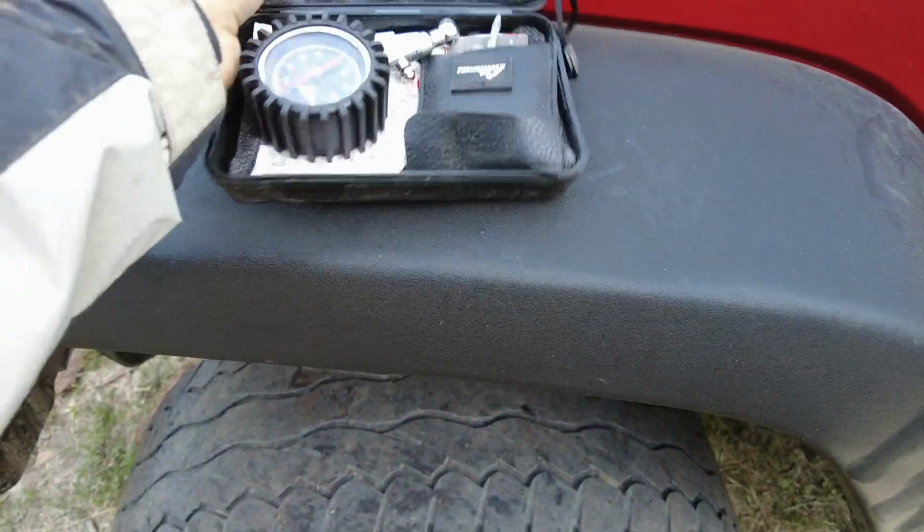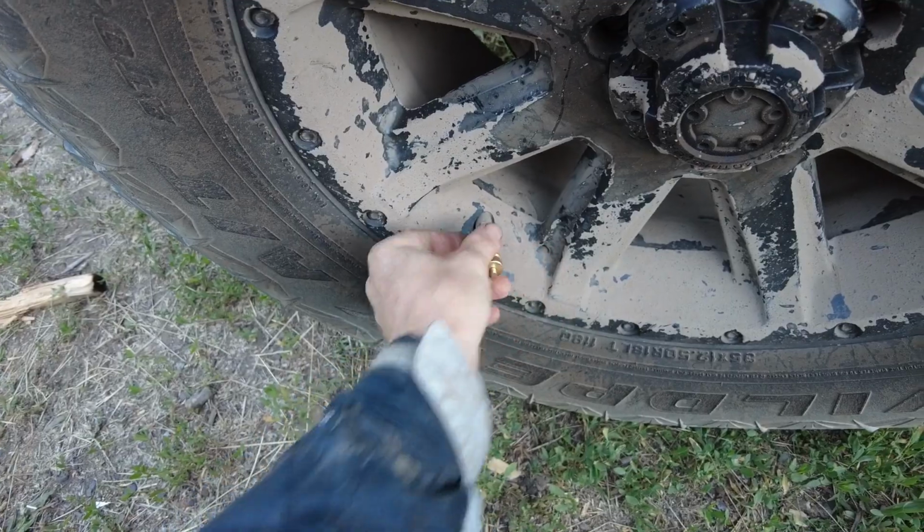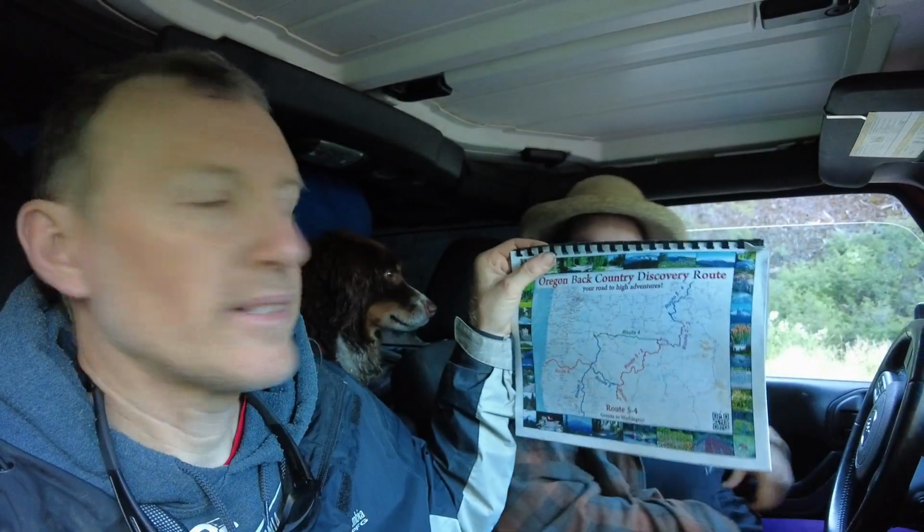Alright, well, good morning from the beginning, or I should say rather the middle of the Oregon Backcountry Discovery Route. We are going to be starting on map page 6 or 7. Pretty sure it's going to be map page 7. That's our goal this morning, to head out of the campground that way, down the road that way, and